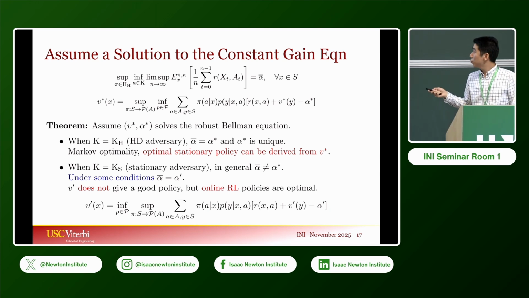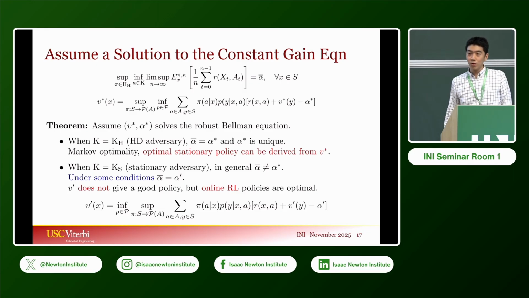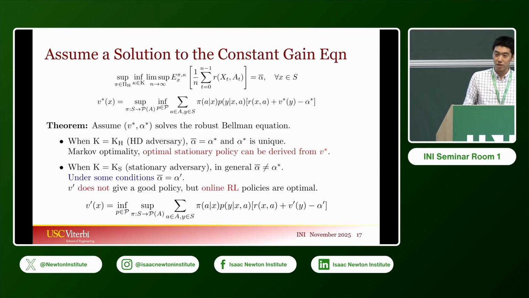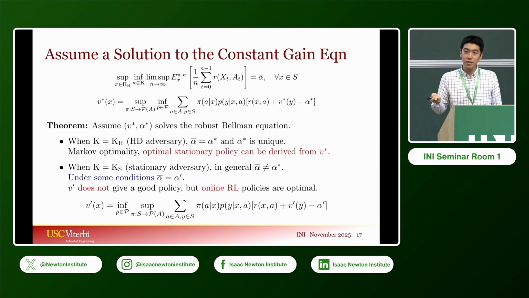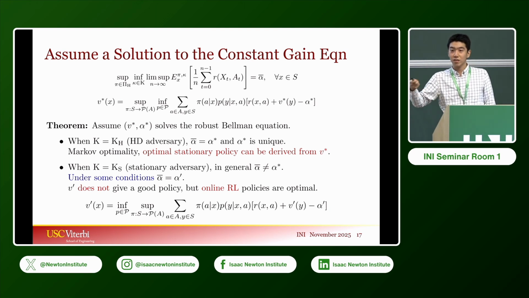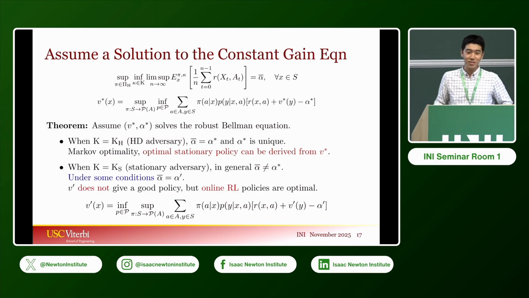And in fact, you need to use an online reinforcement learning policy to achieve optimality. So this is another bridge between reinforcement learning and stochastic control, because now I'm having a robust stochastic control problem, and there's no learning needed. You know everything: the stochastic kernel as well as the reward function. But here we're showing that you need to use these online reinforcement learning policies to actually achieve the optimal average reward in a stochastic control setting. So it's sort of like a bridge between reinforcement learning and stochastic control.